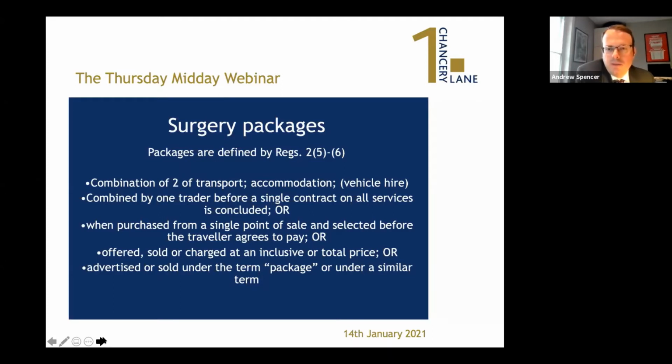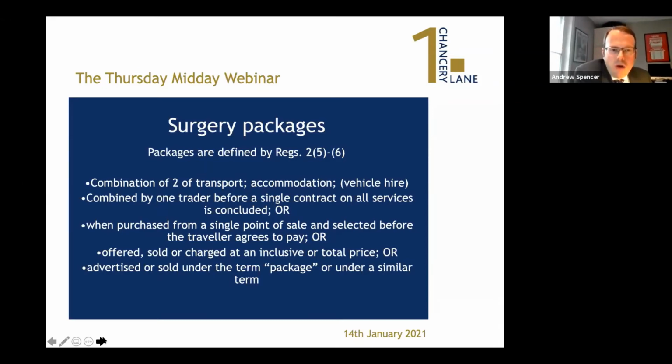And it seems to me, certainly the ones that I've seen have all been packages like that. There are more aspects to the definition than this, but these are the aspects that are going to be most likely to be relevant. If you've got a case that doesn't seem to clearly fit in that, then there is no substitute for actually looking at the regulations themselves. As I say, there is a degree of complexity about them.